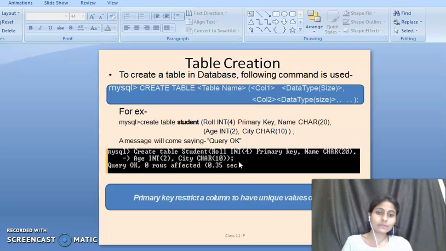But today we will only implement the practical of create database, and of opening the same database. By using the create database command we create the database, and by using the use command we open that database. If you face any problem, student, then you can ask me.